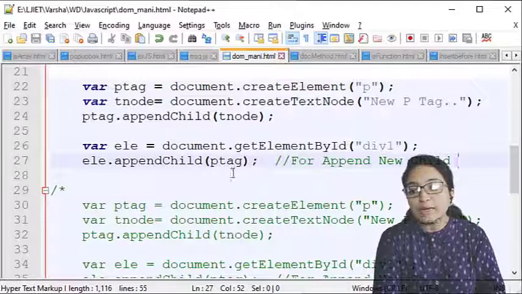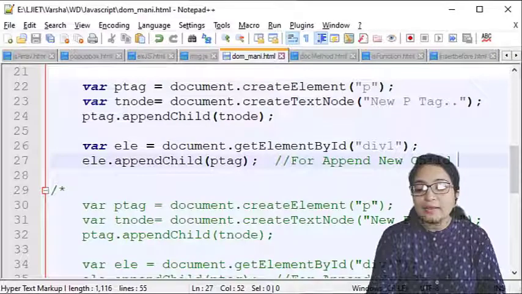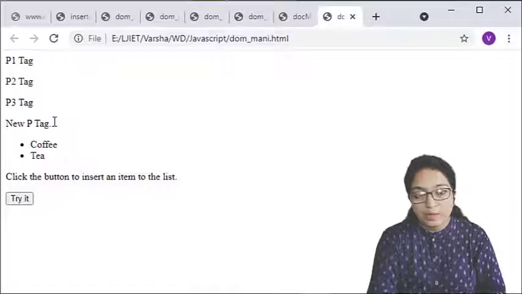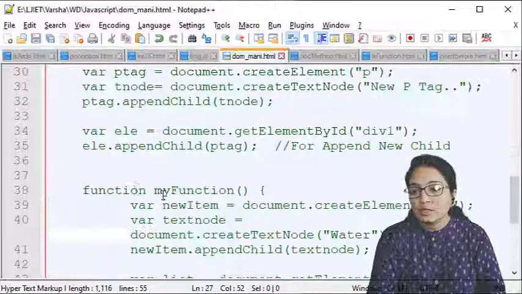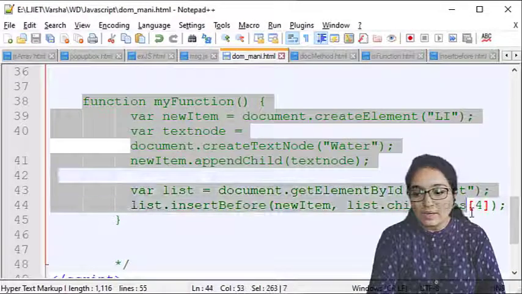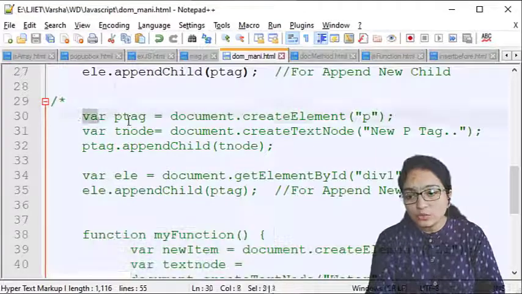So this p tag we have to append. Now this is the p element as well as its text node. So this is added in this. So here you can see this p tag is added. Now let's see about this. So here you can see we have added one element. Now we want to add in the list also.